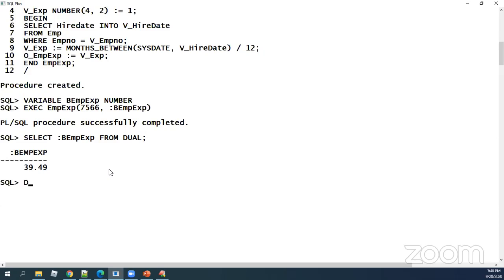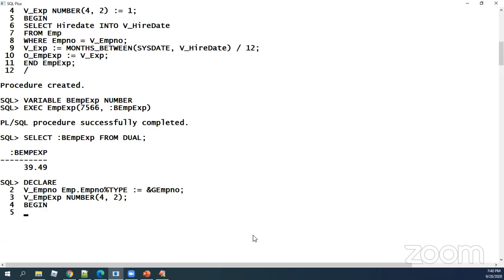Now you can even directly call this using another module where we say v_employee_number, emp.employee_number%type, assigned as ampersand g_employee_number. Then v_employee_experience with number 4,2, and then begin.